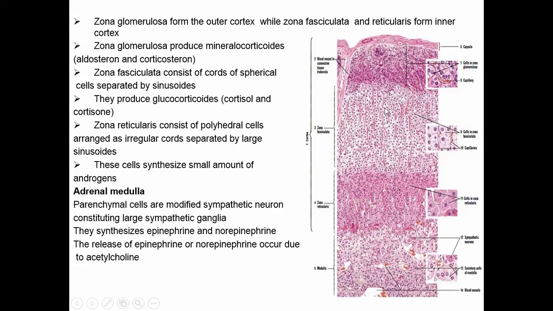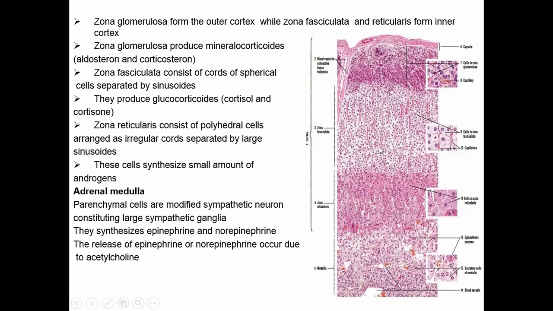Sometimes another zone is also present in some special cases, called the zona intermedia, which is located between the zona glomerulosa and the zona fasciculata. The zona glomerulosa forms the outer cortex, while the zona fasciculata and reticularis form the inner cortex, meaning the cortex is further divided into two different zones or regions. That is the outer cortex, which includes the zona glomerulosa, and the inner cortex, including the zona fasciculata and zona